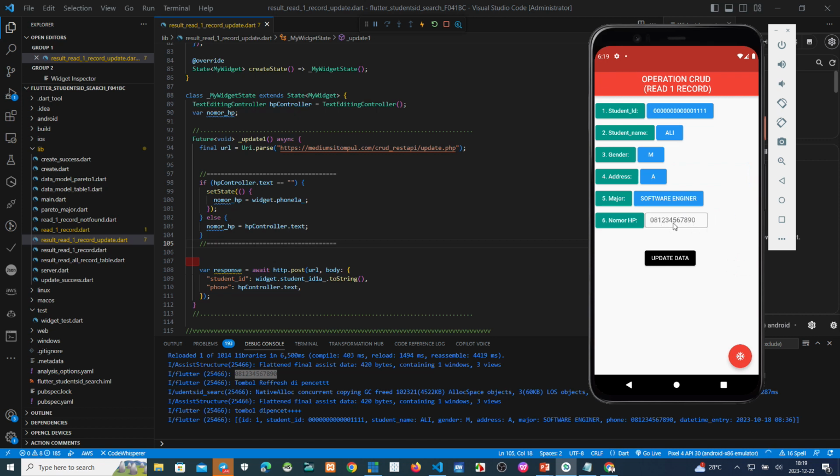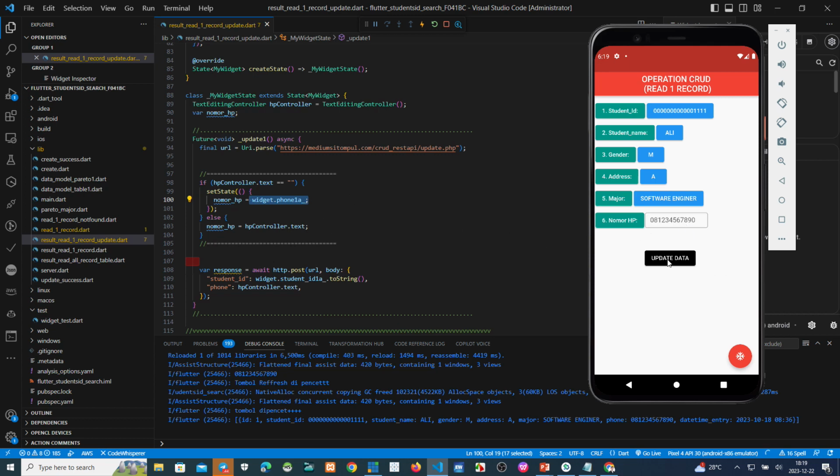Okay, good. But the previous script, if we click directly here, the data will be null. But we add the script, if data null, so the HP number can become the previous value, like this.